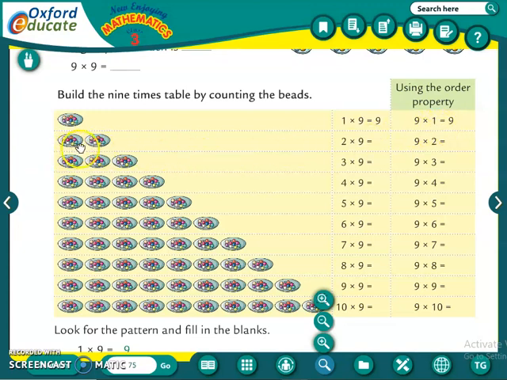Secondly, 2 plates are there and in each plate 9 balls are there. That is why it is written here 2 multiplied by 9 is equal to, and you don't know the table of 9 but you know the table of 2, so you can say 2 nines are 18. So here you have to write 18 and same 9 twos are 18. Like this you will complete the table by yourself. You can do it. It's very easy. You know the table of 3, 4, 5 and even you can count these balls also. So you can find the answer.